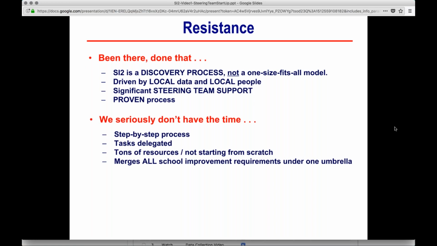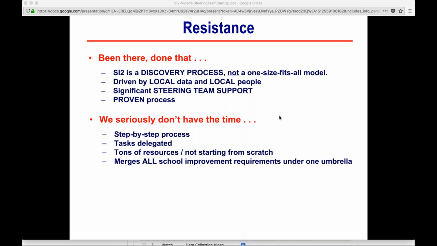You are some pretty important folks right now in this process, because you're going to be the diplomats. You're going to be the town criers, so to speak, to start talking about how important it is to get some good systemic change in your building. It's also a proven process. It has been proven time and time again that this works. And like I said, I'm living, breathing proof, or the building which I represented is definitely proof that it does work.